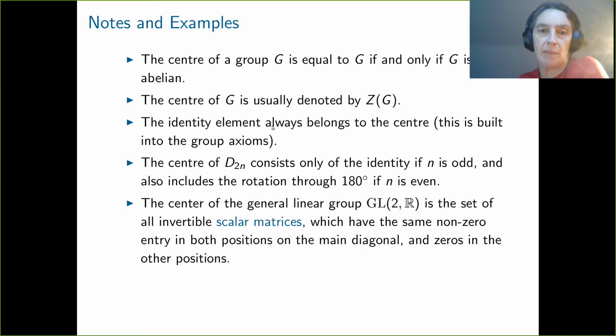So it commutes with every other element. Okay. So that tells us, of course, that the center of a group can never be empty. It always at least has the identity element in it. Okay, first remark, just by way of example, if we look at the dihedral groups of symmetries of regular polygons,